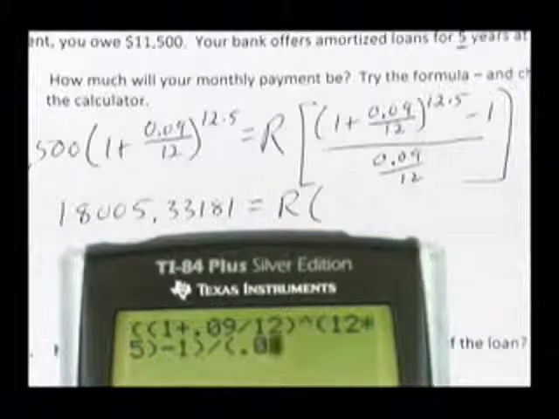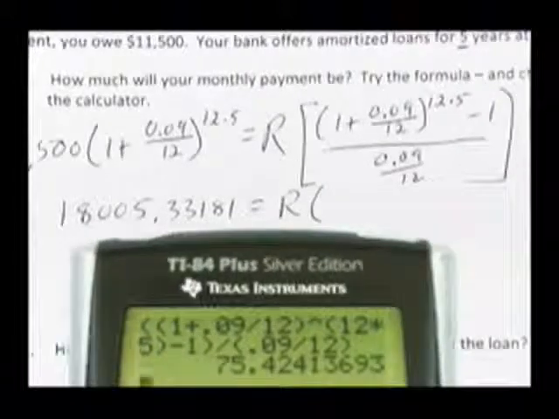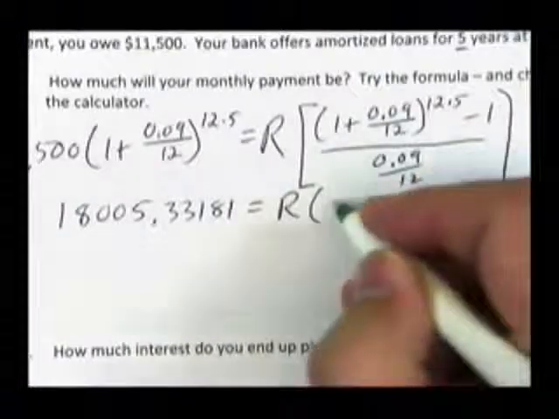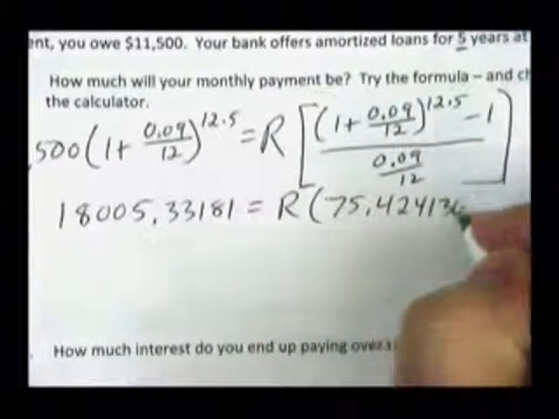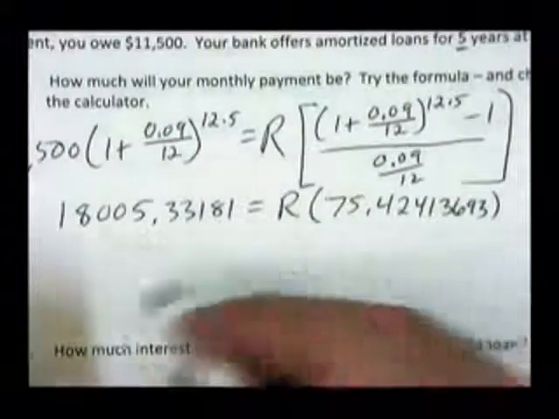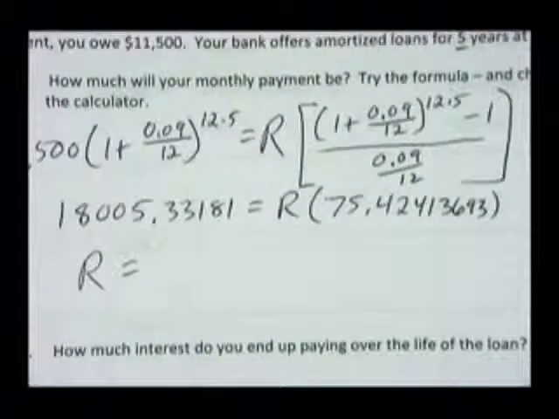parentheses, 0.09 divided by 12. That's my denominator. And I'm going to write down as many digits as I can here, 75.42413693. And now notice I've just got a simple linear equation, so R is just going to be the division of those two things. So I'm going to plug that in my calculator,